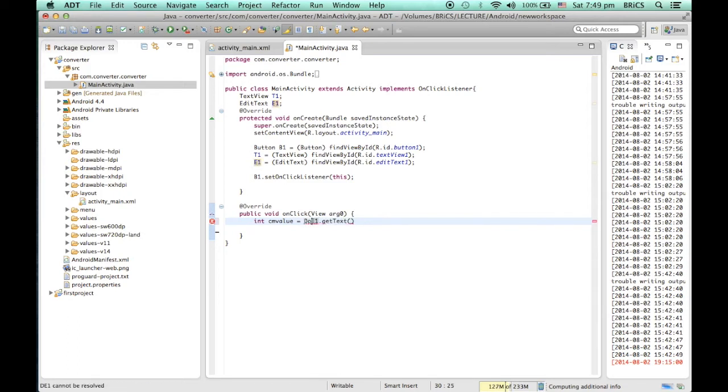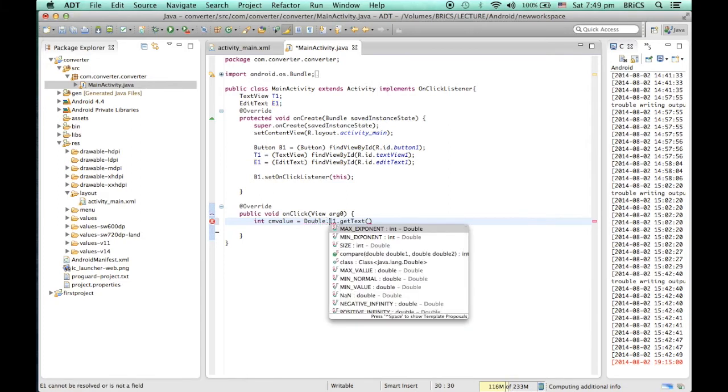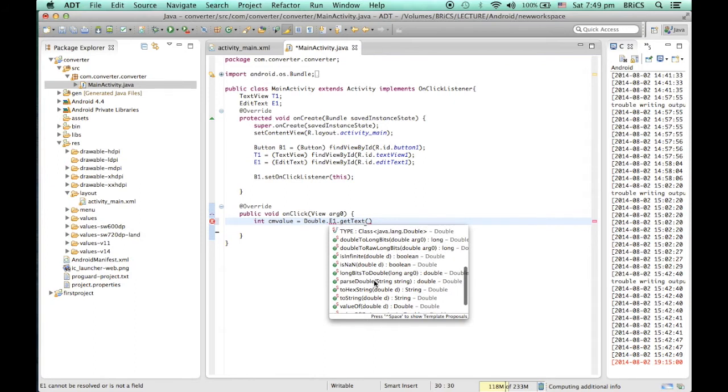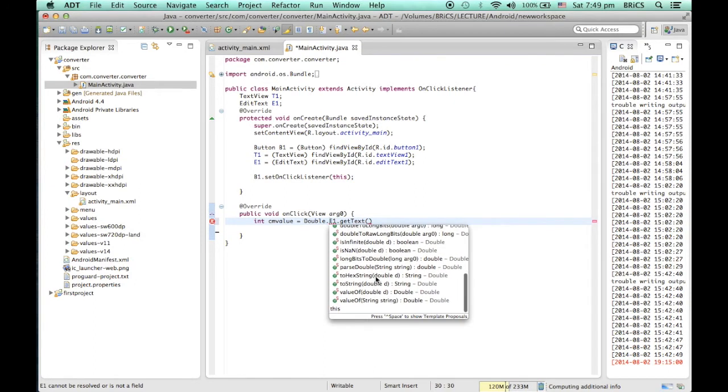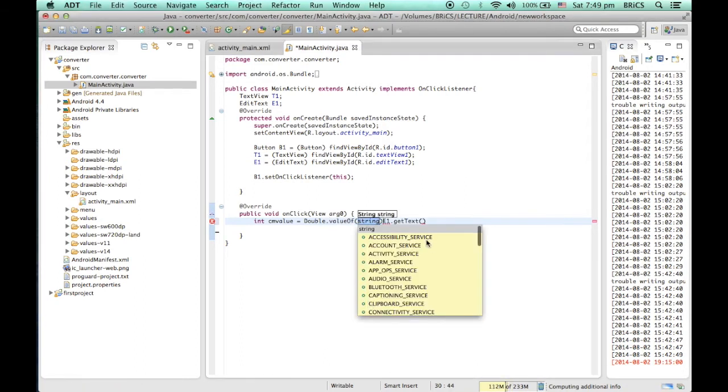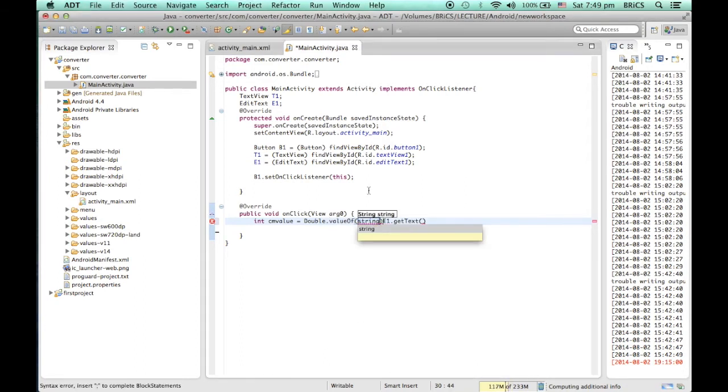So, Double dot valueOf. This valueOf function will convert a string into a double.